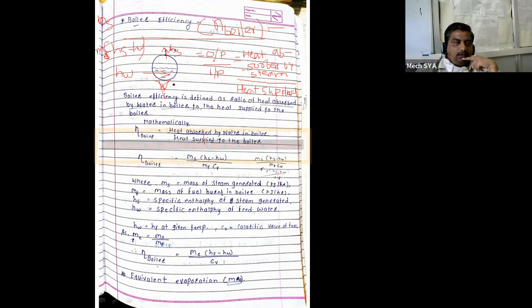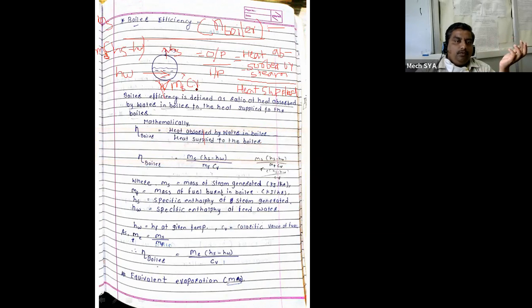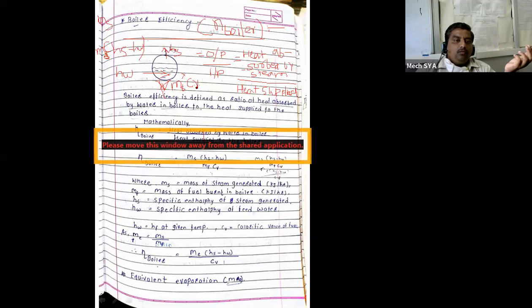supplied. So let us consider that MF amount of fuel we have burnt in the boiler and it has calorific value CV. CV means what? What is calorific value? Anybody of you, in BM you learned calorific value is what? The maximum possible amount of heat produced by burning 1 kg of fuel. It is called calorific value. So if we burn 1 kg of fuel, how much thermal energy or heat can be generated from the fuel is called calorific value. It is the heating value of a fuel per kg.